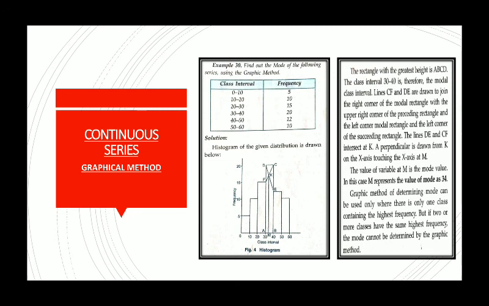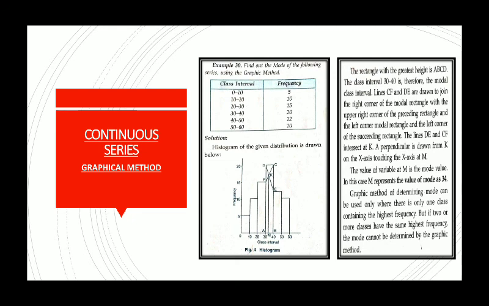draw a histogram. Yes, we have to draw a histogram here, and then the rectangles of the histogram will be shown, and the histogram's rectangle which has the highest frequency will always be at the top. In this sum we can see that the highest frequency is 20, which is between 30 to 40. So the rectangle of 30 to 40 has the highest value. Then we need to say that 30 to 40 is the modal class because the frequency is highest over there.